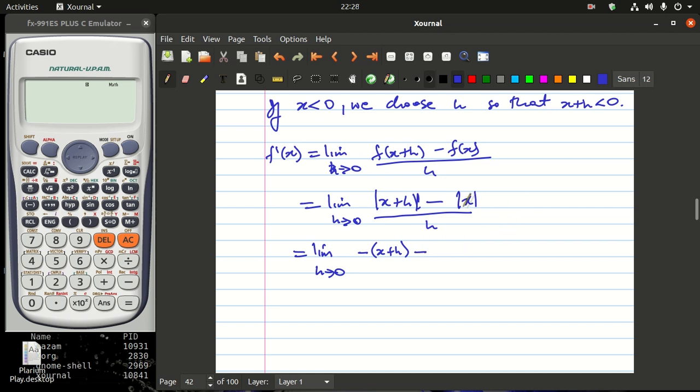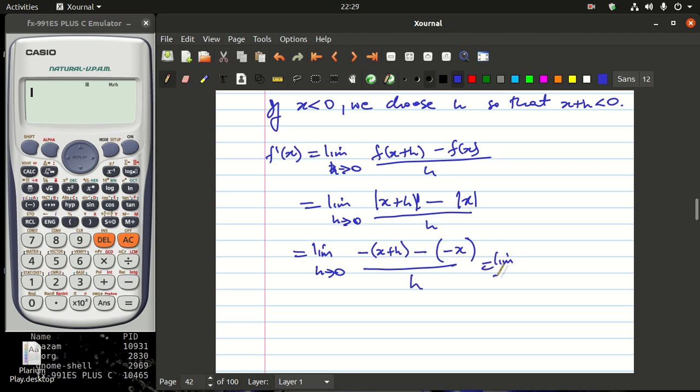If you look at this one here, when x is less than 0, I want to multiply this whole thing by a negative so that I get a positive value here. So for this one here, I will end up having a minus x, all over h here,